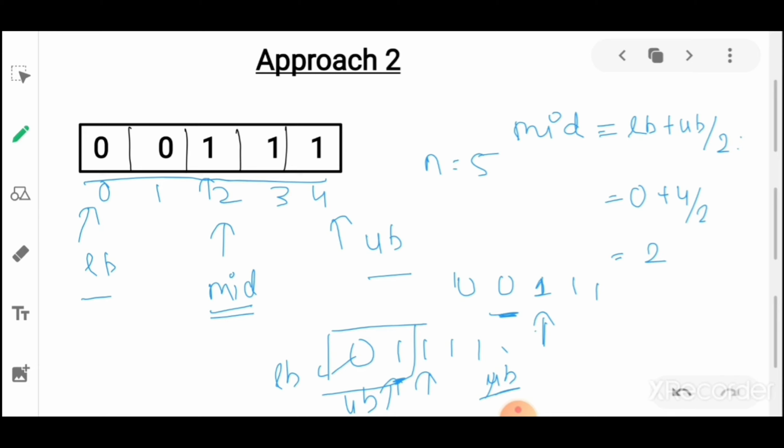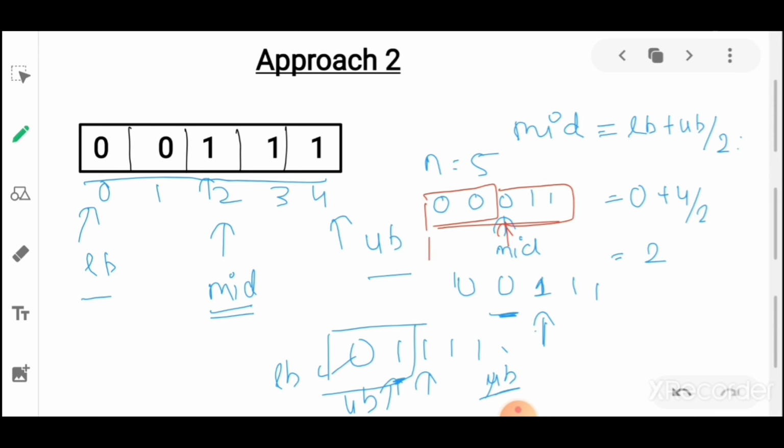So let's see for 0. If our mid is 0, let's take this array. This will become our mid. If our mid is 0, we can clearly say that our transition point will not lie in the left side of the array, it will lie in the right side of the array only.